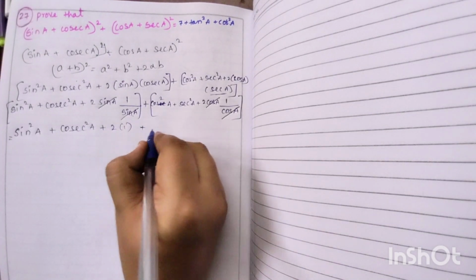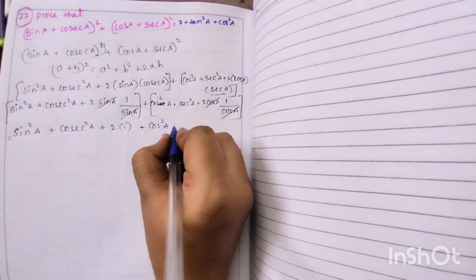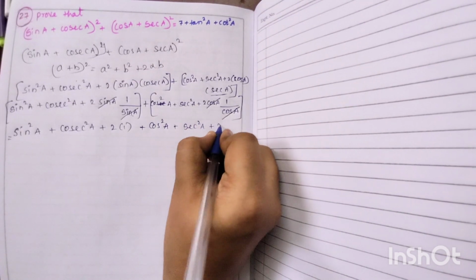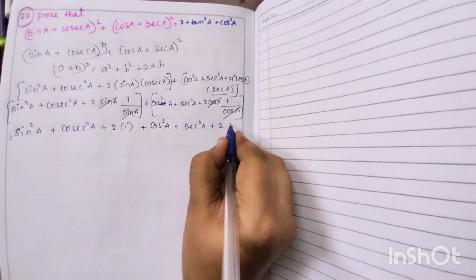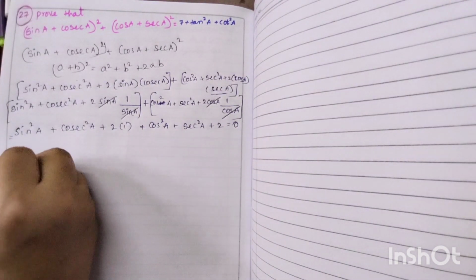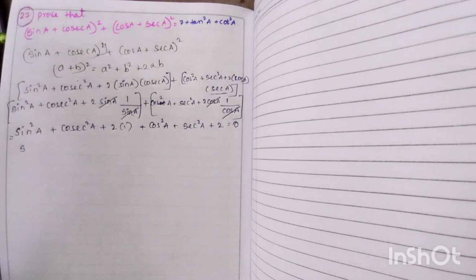Then plus cos square a plus secant square a plus 2. So this is what we will get. Next, if we see very carefully, we will get